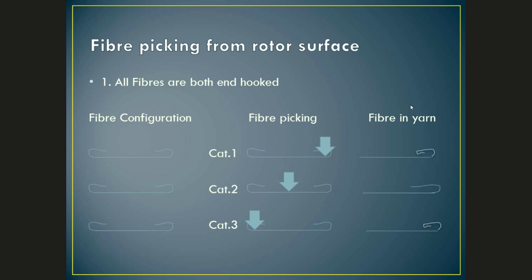Technically, it is expected, as we have noticed in the case of ring yarn, that at each and every stage fiber straightening and parallelization is taking place. But in the case of the rotary spinning system, the system itself is responsible for disorientation of fiber. So some modification has to be done so that we can improve the fiber orientation. That is the reason I am always saying that the study of yarn structure is not only helping with information about yarn and its behavior in subsequent processes. It also gives good information on how some changes in technology can be brought in so that we can get more advantages.